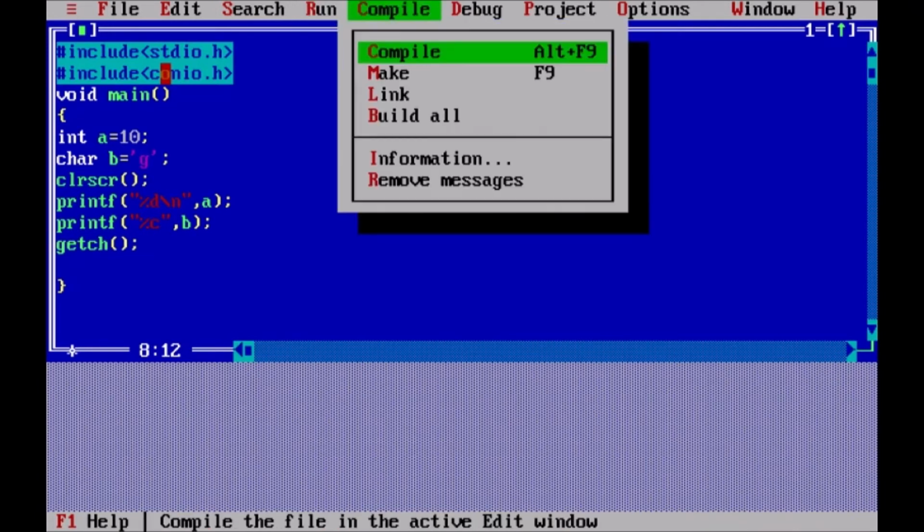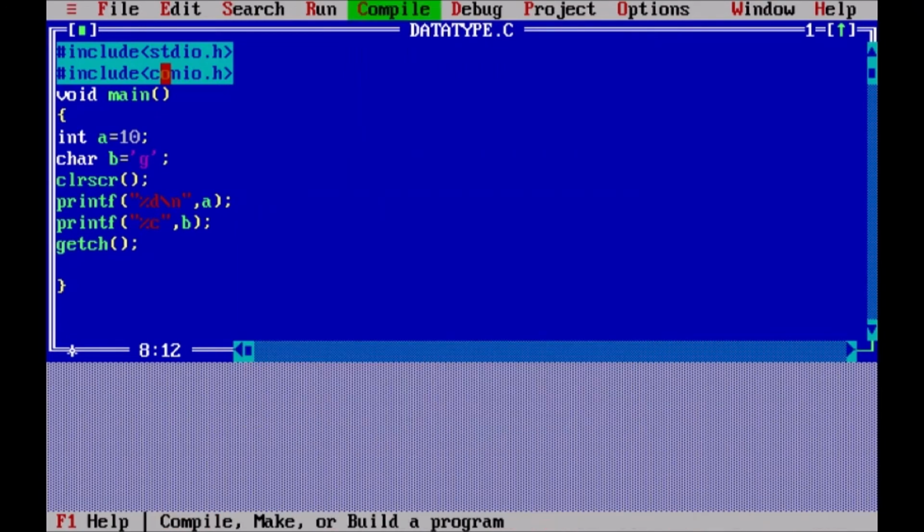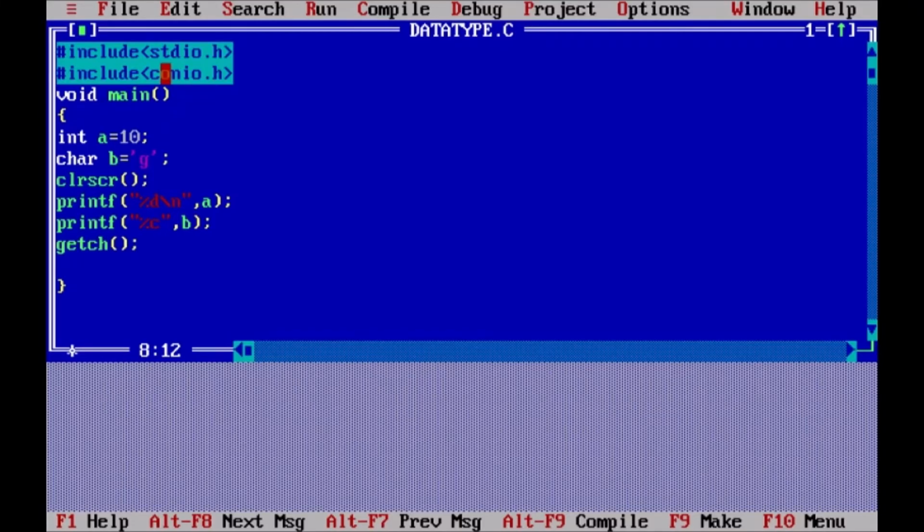Now let us observe the output. Here we go. So after this 10 getting printed, this blinking pointer moves on to the next line and then prints the character. Let us try float data type also. We'll give it some name f and we'll assign 3. After assigning the value, let us try to print it.